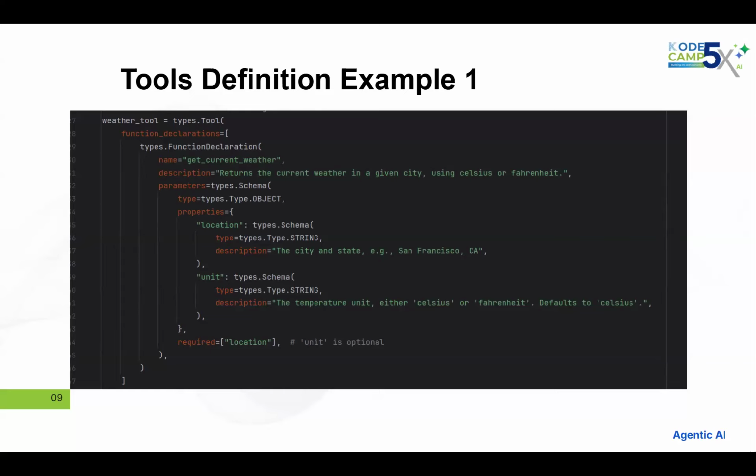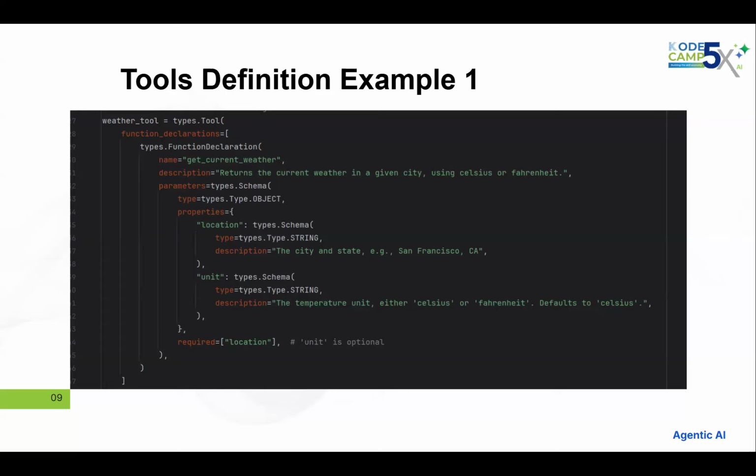Now you see that we have the name of the function, we have the description of the function, we have the schema of the function parameters,